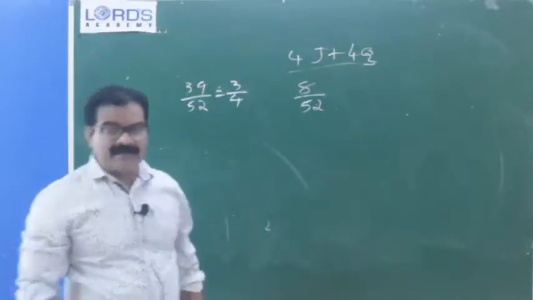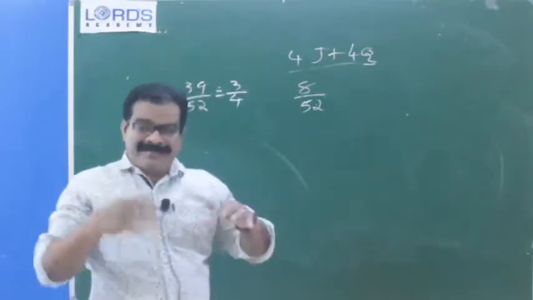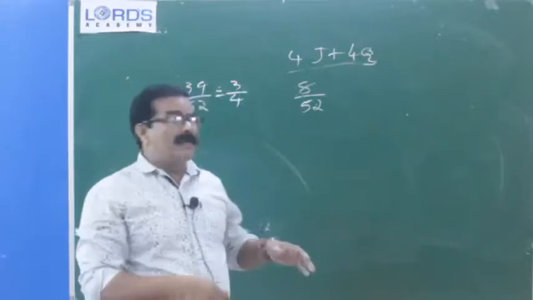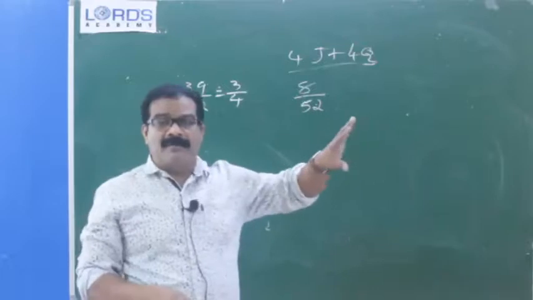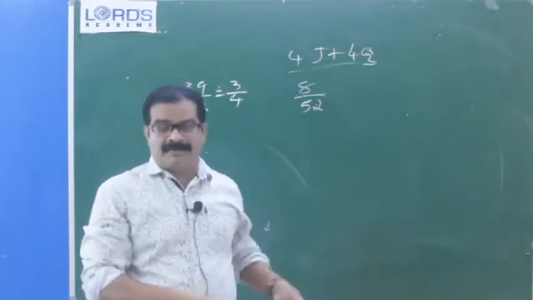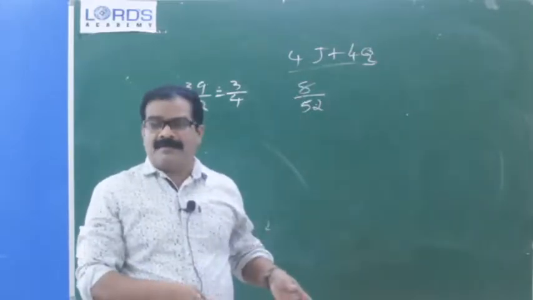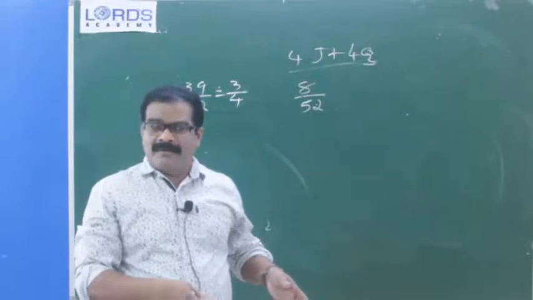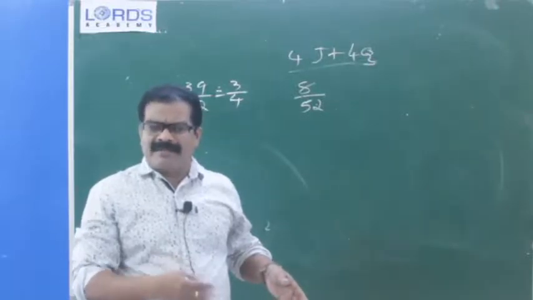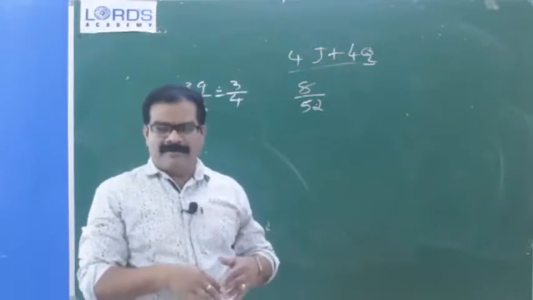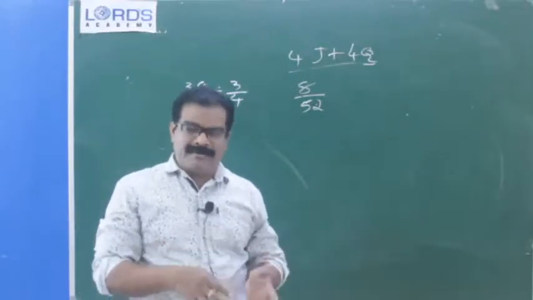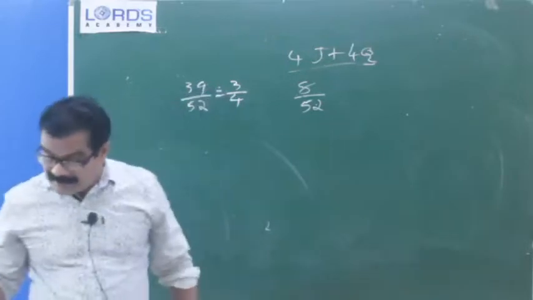Okay, I think these are very simple problems. You have to practice, and you will get an idea. When you get this type of question, you should have an idea about playing cards. Similarly, when you consider a die, you have an idea about a die. Similarly, a coin, like that.